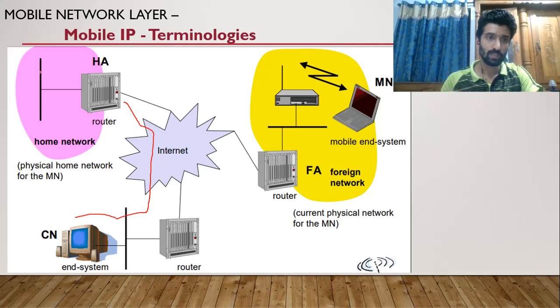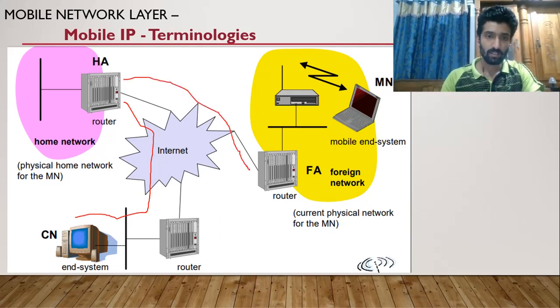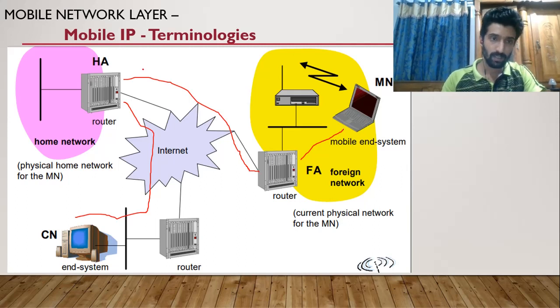So the mobile IP proposed that whenever the packet reaches the home agent, and the MN is not residing in the home network and is currently residing in a foreign network, it is the duty of the home agent to forward that packet to the foreign network's foreign agent, and the foreign agent will deliver the packet to the MN. So this is what the mobile IP does. And this path from the home agent to the foreign agent is also known as a tunnel.